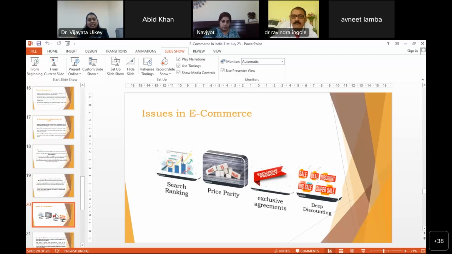अभी इसमें एक केस थी दिल्ली व्यापार संघ की, अगेंस्ट अ बिग टेक कंपनी, जहां पे सीसीआई ने डीजी को order दिया था to go for the investigation against all four issues जो हमने identify किए हैं, इन issues के लिए investigation का order दिया था. Against that order, कर्नाटका हाई कोर्ट ने भी ग्रीन सिग्नल दिया सीसीआई को इन्वेस्टिगेशन करने के लिए. नाउ द मैटर इज विद द सुप्रीम कोर्ट. सी की इसमें क्या आता है, बिकॉज दीज फोर के लिए, ये फोर जो है सर्च रैंकिंग, प्राइस पैरिटी, एक्सक्लूसिव एग्रीमेंट्स, में भी आपने ऊपर देखा होगा जो फ्लिपकार्ट की ऑर्डर्स थी